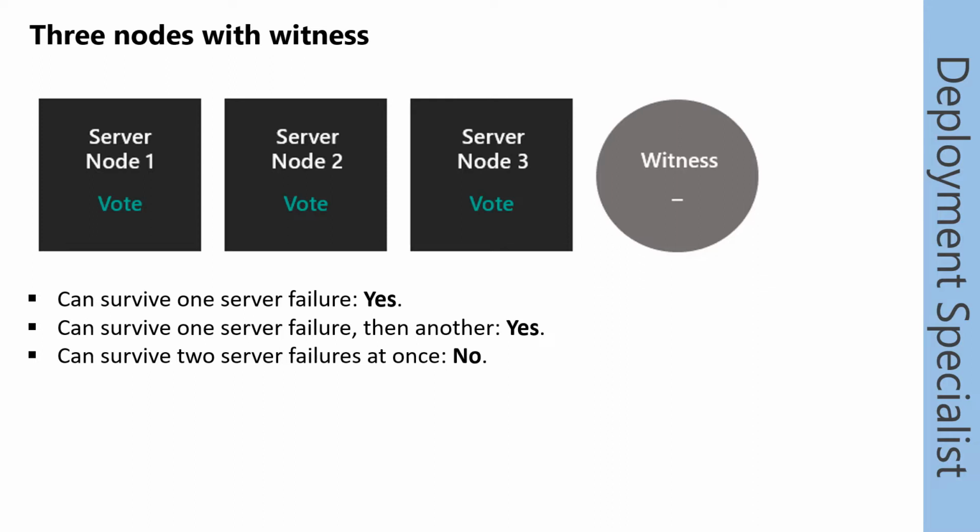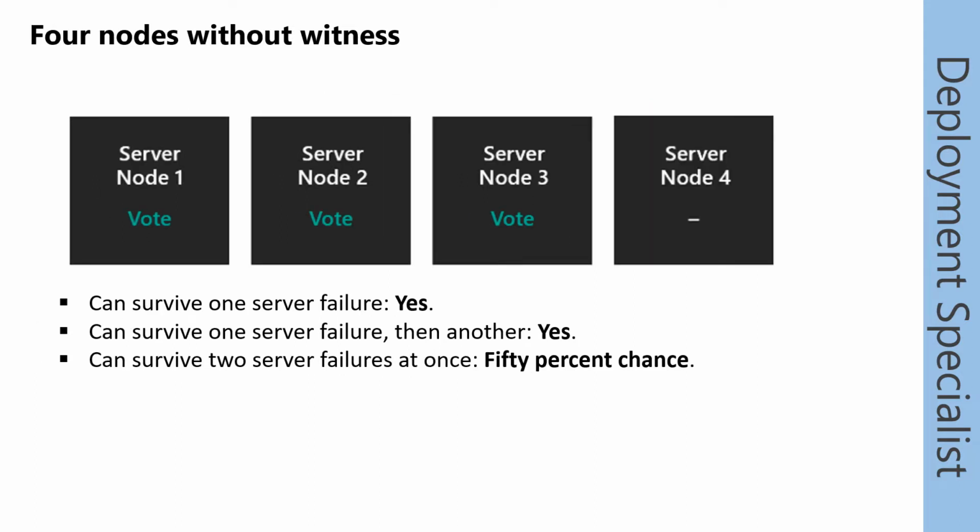If one of these nodes fails, so let's imagine node 1 fails, then the 2 remaining nodes, 2 and 3, would say, okay, we have 2 from 3 nodes, we can build the quorum, and then the witness will receive a vote to ensure that we can survive the next failure here in this cluster. This means please always configure a witness, not only in the 2-node and 4-node clusters, because here we have again